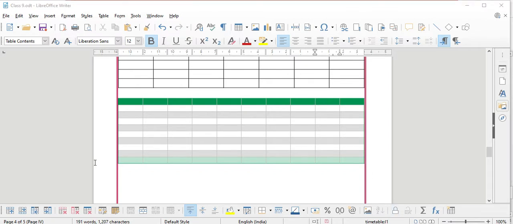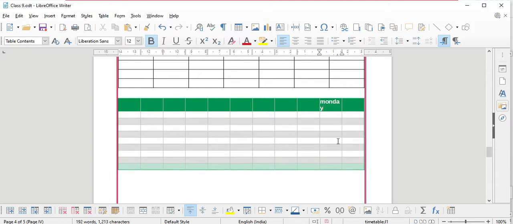Here this option is row above. If you want to add a row above this cursor, you will click on this. If I want to add a column before this column, I will click column before. So you will see one column gets inserted. For understanding more, I will write here Monday.